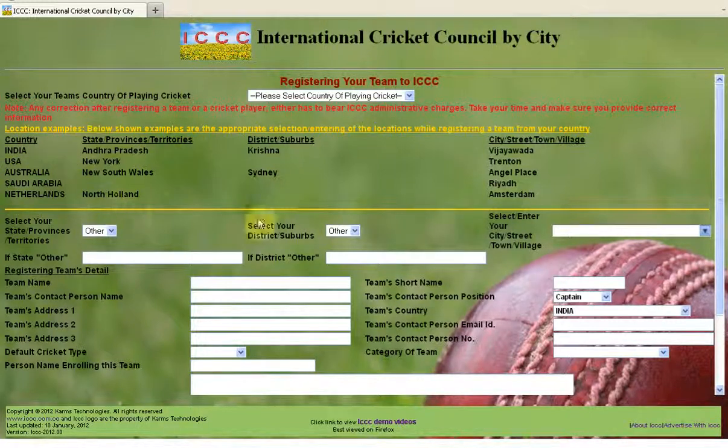Select whichever is applicable. Some countries like India have states, districts, and within a district they have a city. Similarly, the Netherlands or Europe have a province and a city. So let me show you in another graph.